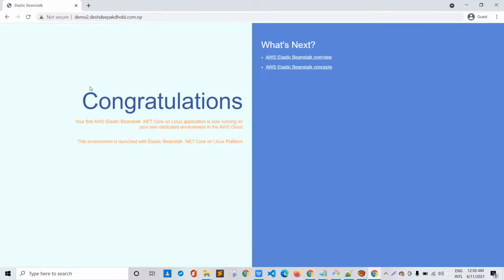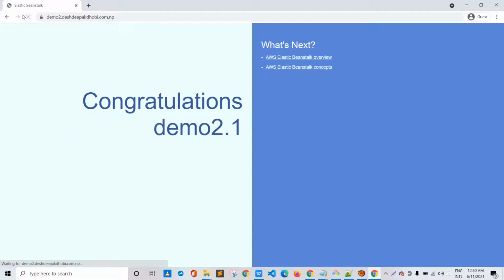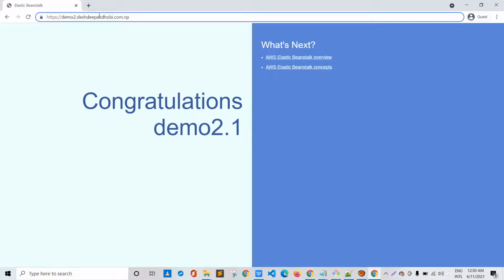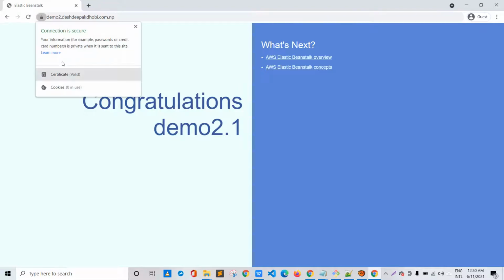As we changed our application code from congratulations to congratulations demo 2.1, and configured specific scripts to implement the SSL certificate without installing dependencies onto the server manually, let me refresh this. Okay, I have refreshed my page and it shows that the changes have been reflected. Congratulations demo 2.1, and yes, the SSL certificate has also been enabled, and you can see the log.